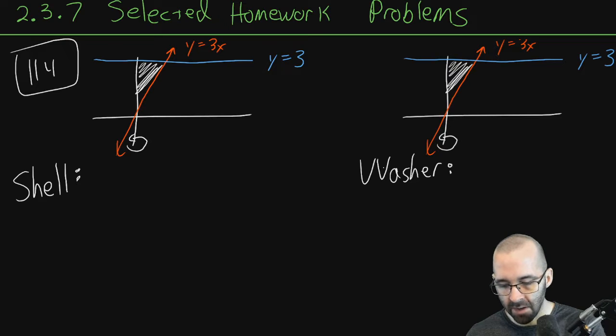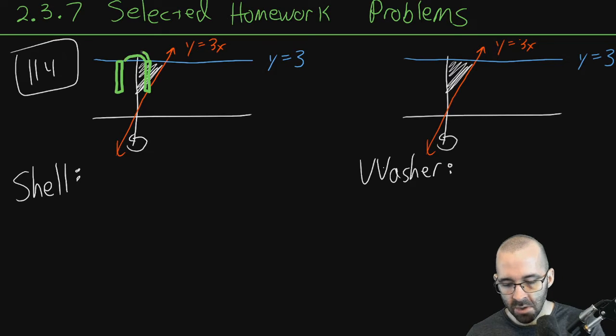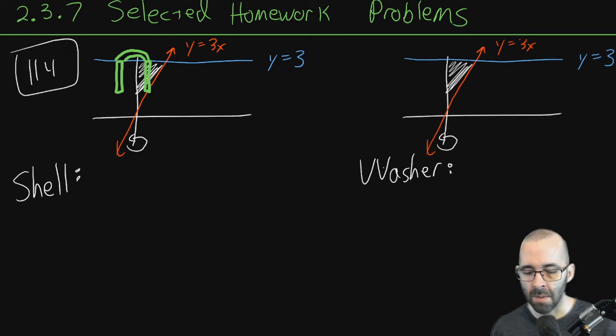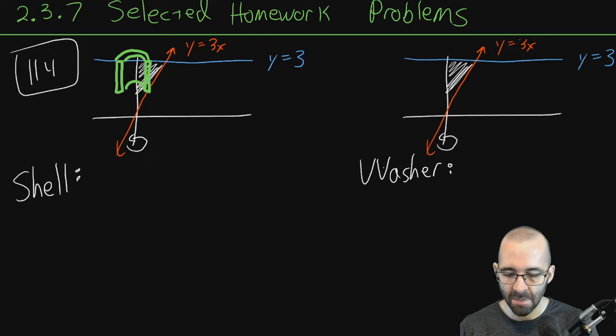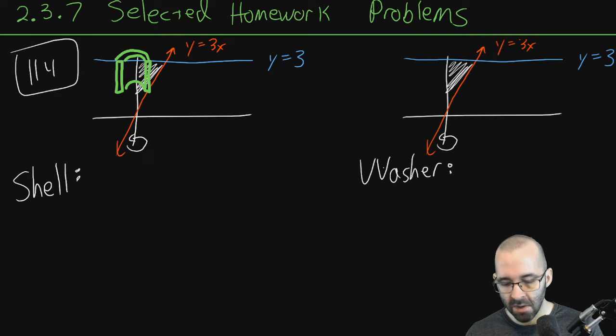Let's get our little picture. So it's in terms of x. We need things in terms of x. So that tells you that we're going to have these vertical rectangles in terms of x. Again, we're rotating it around like this. So we're looking at the volume of these little shells. And again, it's the full shell. I just don't usually connect it because it's harder for me to draw it that way. But I'm only drawing half the shell. Not even half the shell because I'm not drawing the bottom. But yeah, this shell. And again, if we spread the shell out,